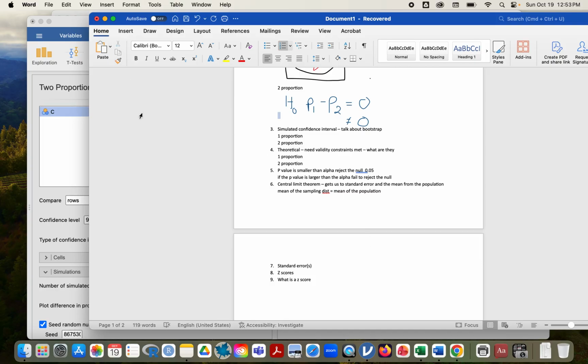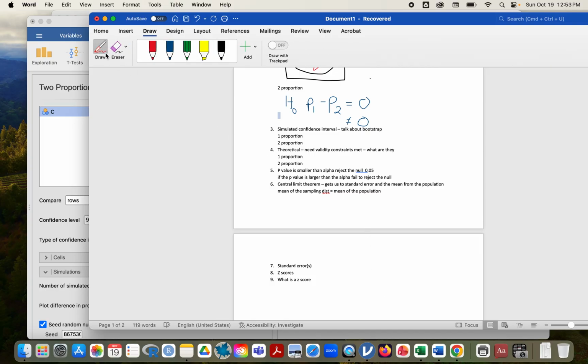So just give me a second here as I go back to draw, and I'm going to write the z-score formula idea down. So the z-score here is the raw data point, or it is the sample mean that we're looking at, or it is the sample proportion that we're looking at. So it's a raw data point, it's a test statistic, minus the mean. Now, this mean can be the mean of just a raw piece of data, and so it can be x bar, it can be mu,